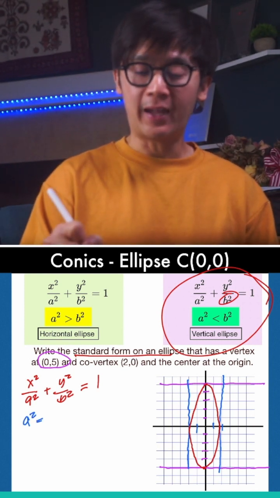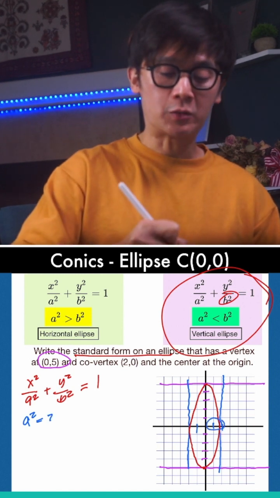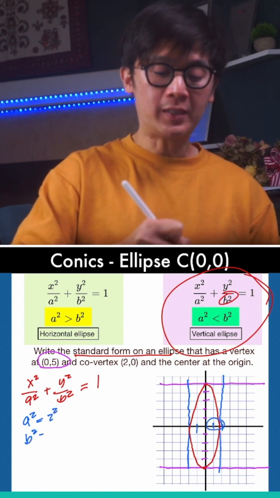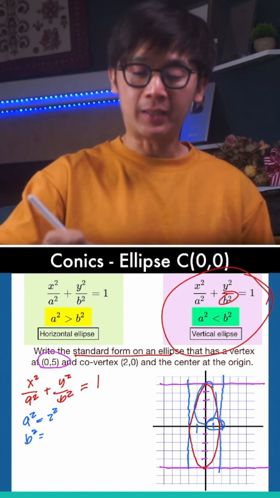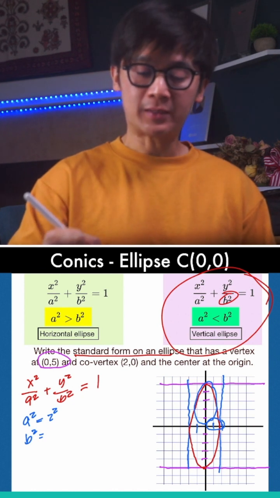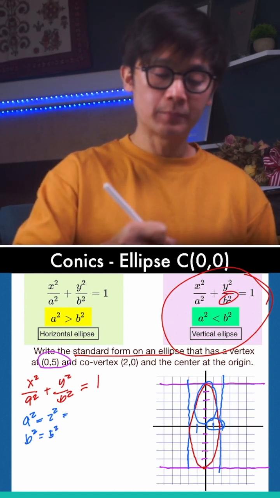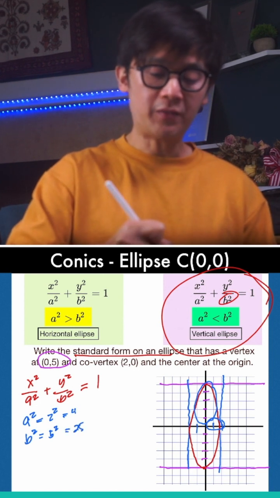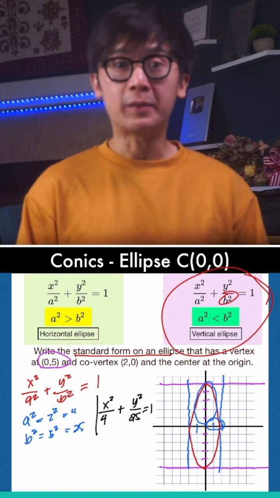So yung distance ng x from the center is 2 units. So that means 2 squared. At ang b squared natin would be associated sa y axis. So that means 5 units. So we'll have 4 and 25. X squared all over 4 plus y squared all over 25 equals 1 will be the standard